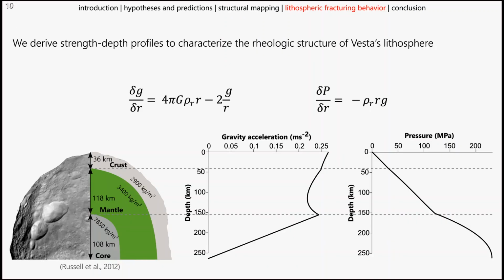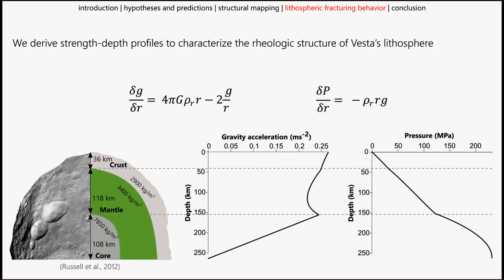Next, we derive the strength depth profiles to study the rheology of Vesta. The first step is to calculate the gravitational profile from previously published average interior parameters in a 3-layer model. In the equation on the left, we use the gravitational constant, density, and radius for the calculation. The resulting profile is shown in the middle, where the surface gravitational acceleration is consistent with the measurement from the Dawn